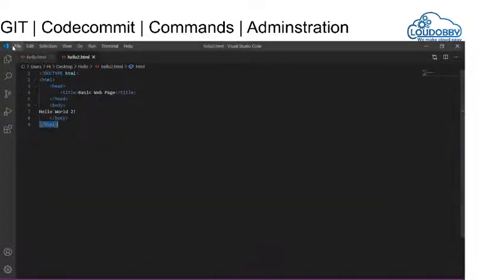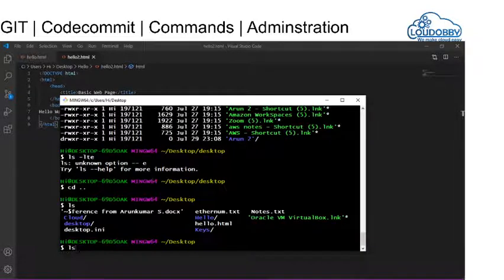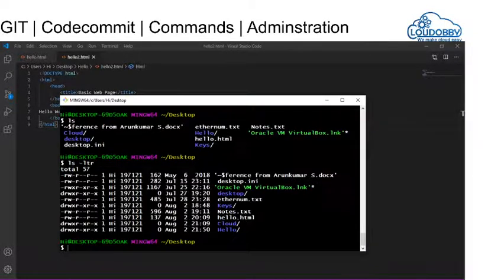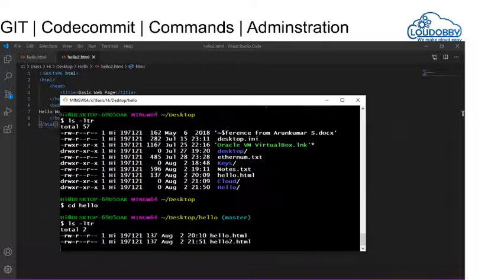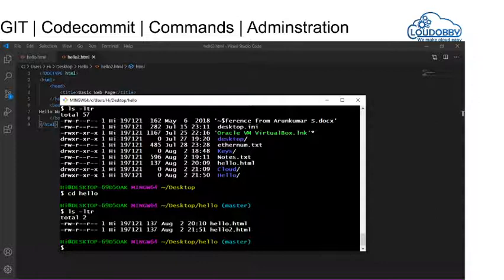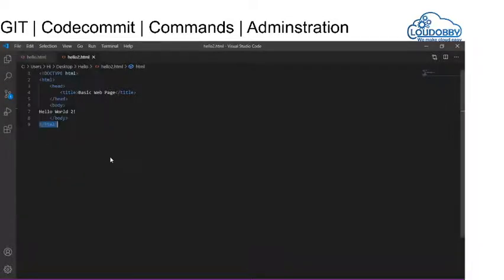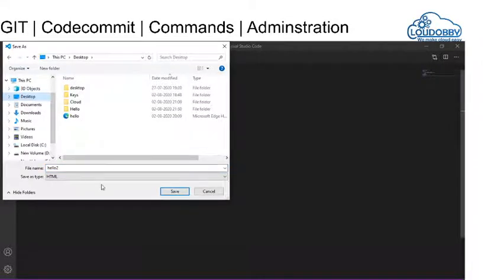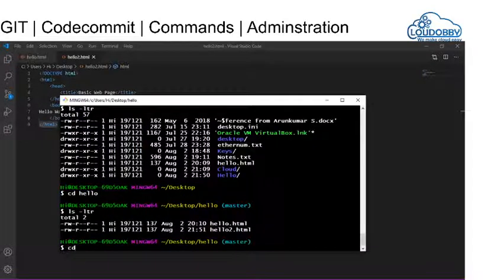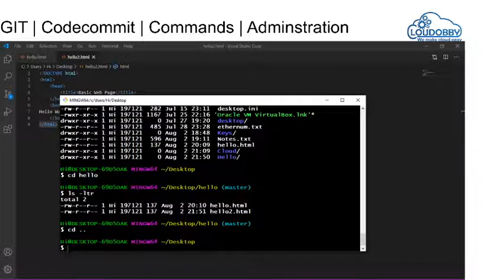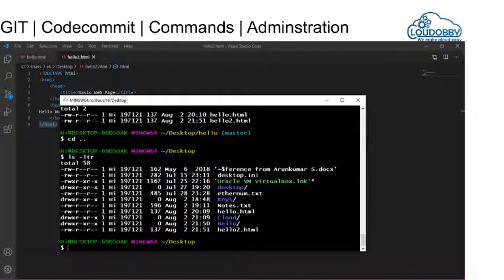I'm just going to save this file again, save my code again on the desktop. Okay, I have put it into the hello folder, but I will save this file on the desktop. Save as desktop hello2. Okay, now I am browsing using Git Bash. As I said, now I am in my desktop, ls -ltr, my code is placed here, helloworld.html2. Now I have created a new repository.